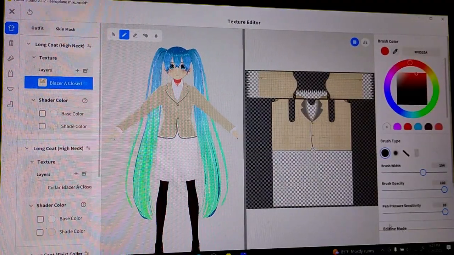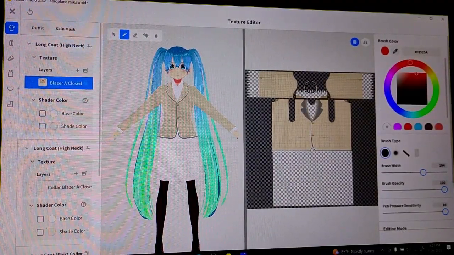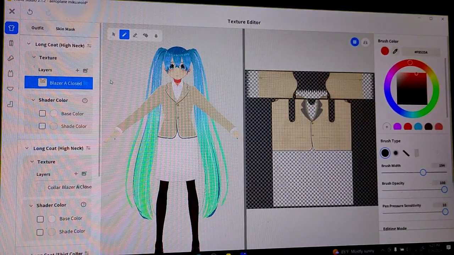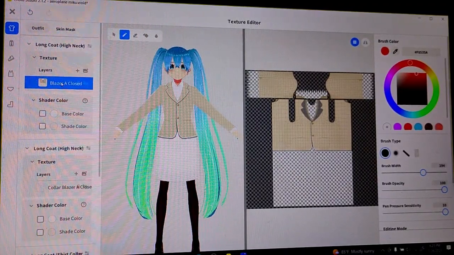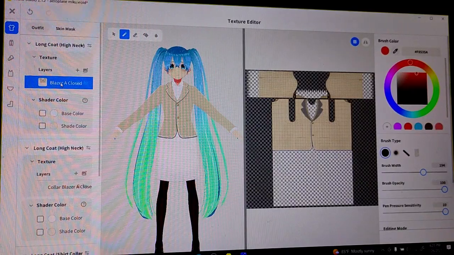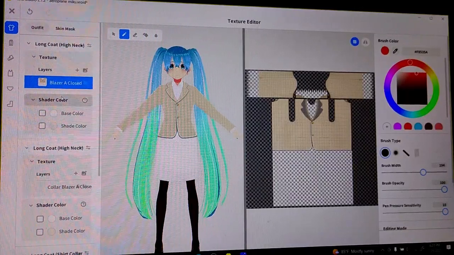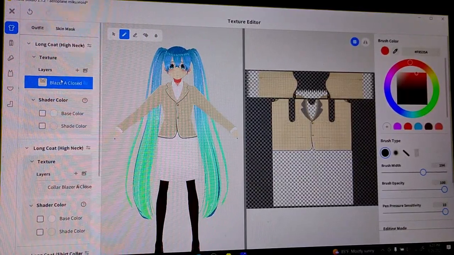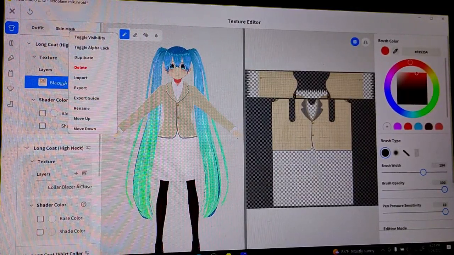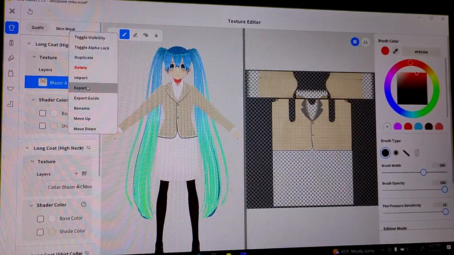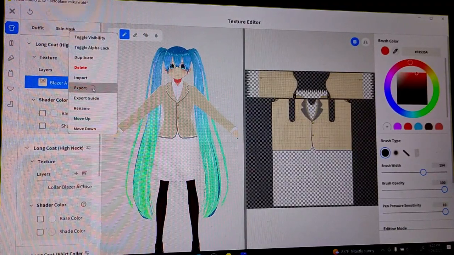Basically, from here, you're gonna start editing your outfit. So if you know about texture editing, you don't have to stay within VRoid Studio, because they don't have certain things like certain effects, stabilizers, brushes. So you can right click your texture layer and you can press export. And once you export it,